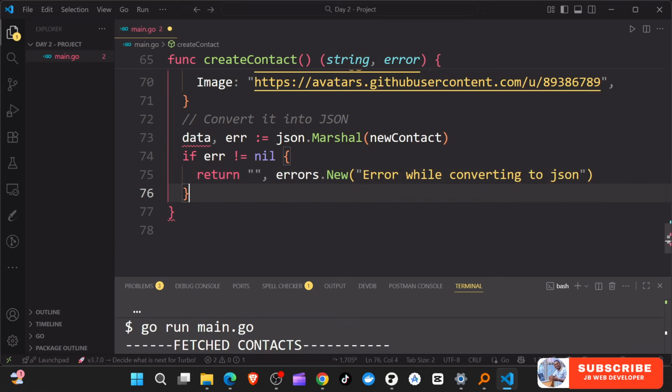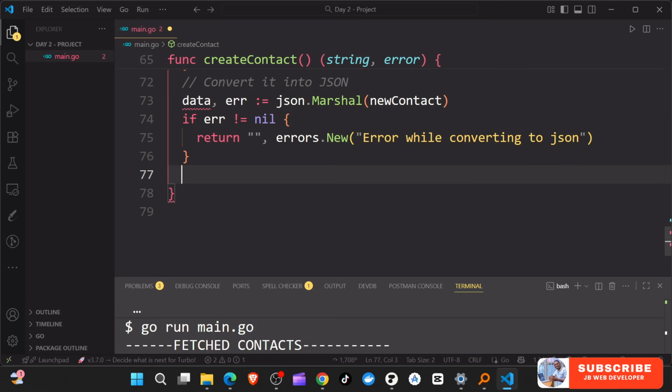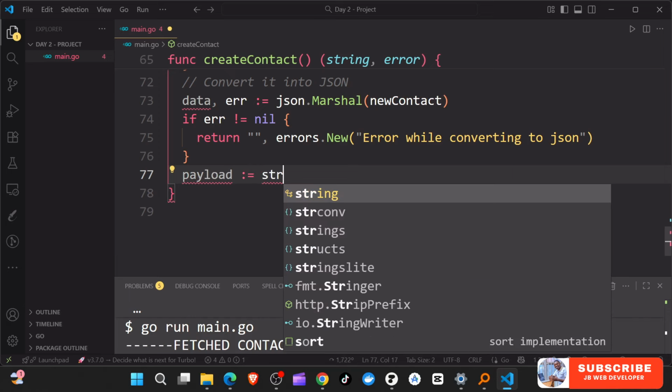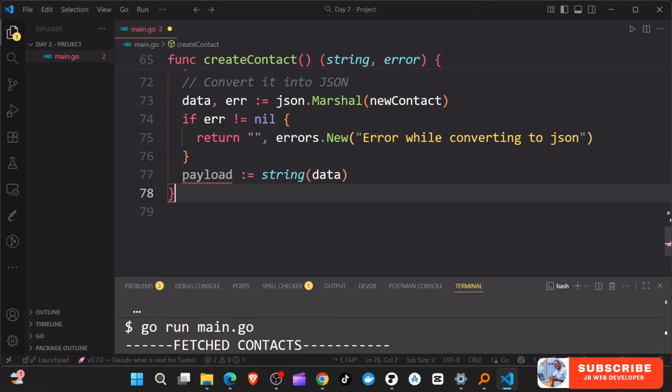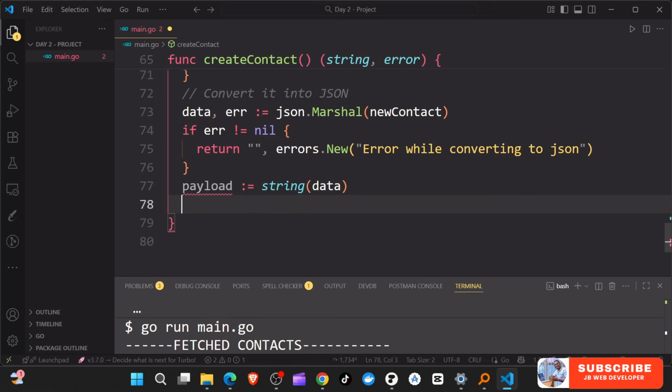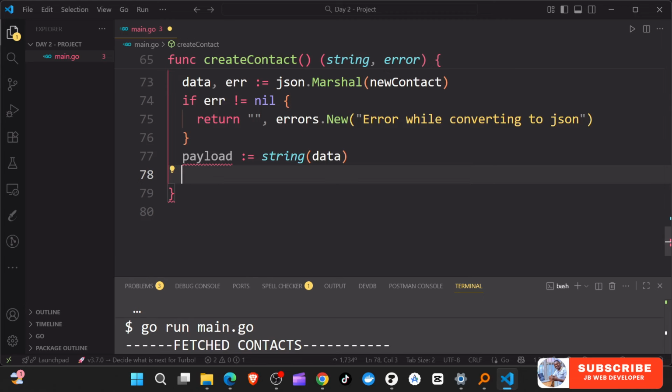And if there is no error, that means we get the bytes here. So we can now say payload. I'm just going to call this payload, which is equal to string of data, like this. Remember, this one converts it into a string here. And now, after we have this, we can send this to an API. So send the post